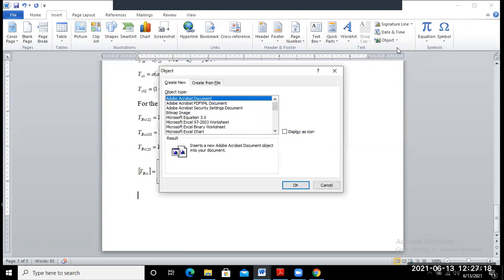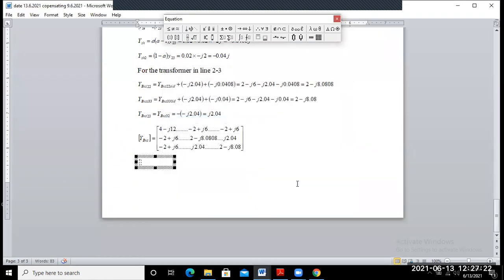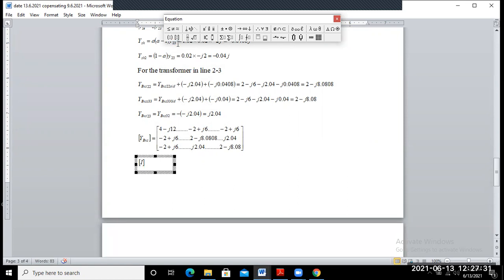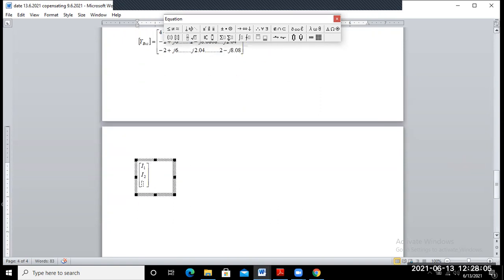It will be a 3 by 3 order, that means I1, I2, I3. So I3 is equal to